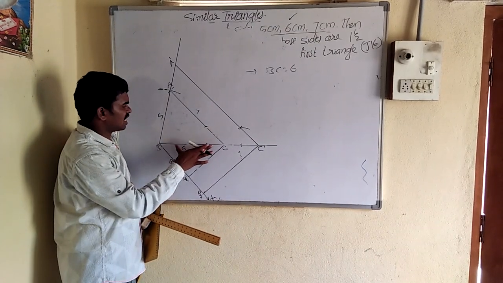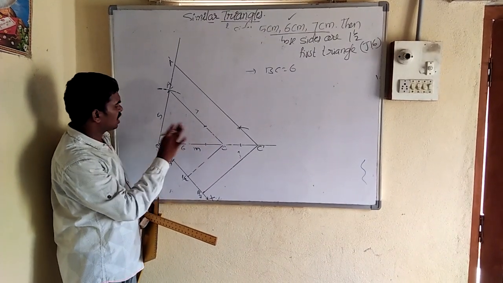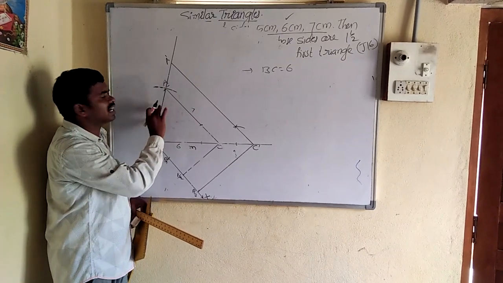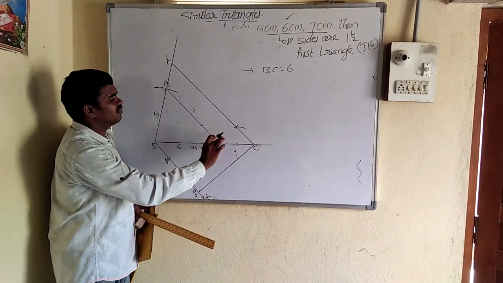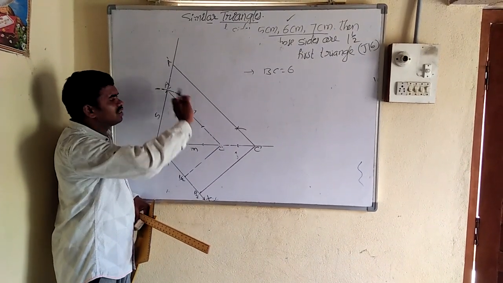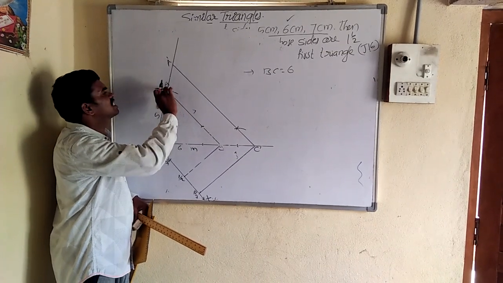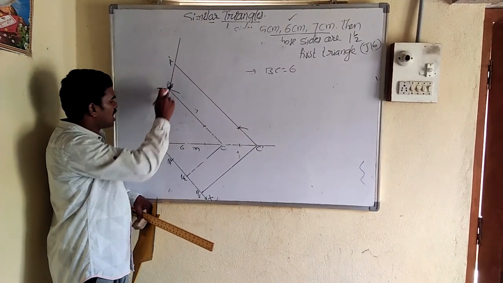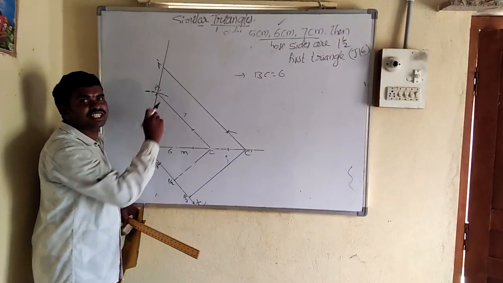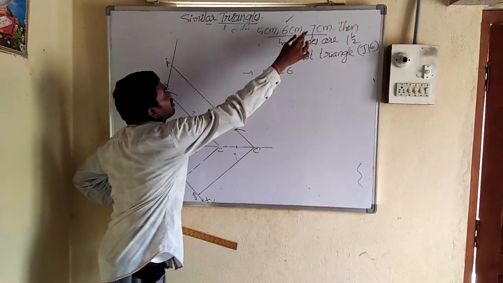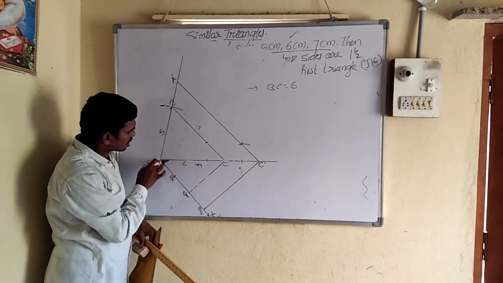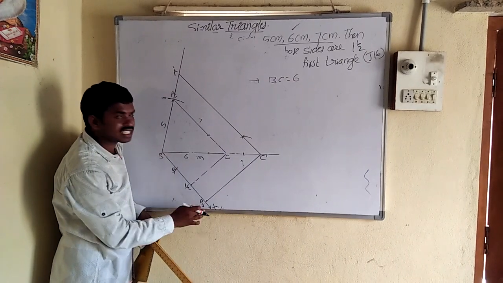Okay? First draw a line segment BC equal to 6 centimeters, and with the compass making B as center, draw an arc with radius 5 centimeters. Next, with the compass taking center C, draw an arc with radius 7 centimeters, which intersects at A. Next, join AB, AC. Triangle ABC is constructed. For the given information, the triangle is constructed. Next, how to draw similar triangles. Draw a ray making some acute angle, BX.